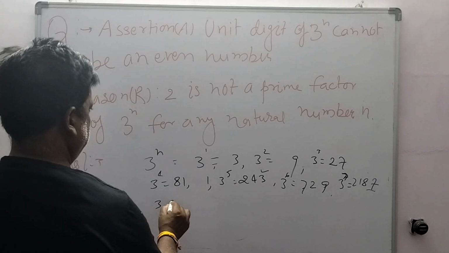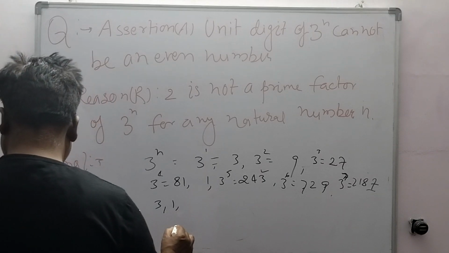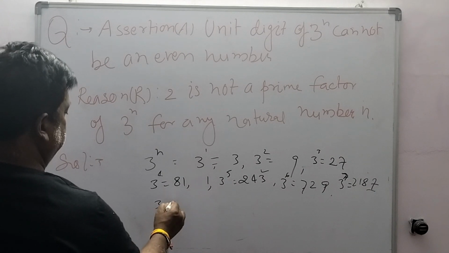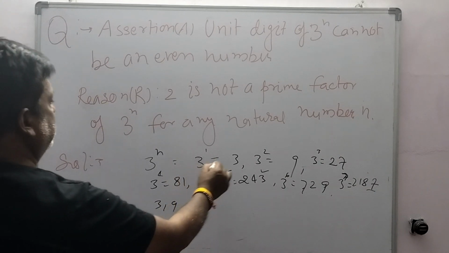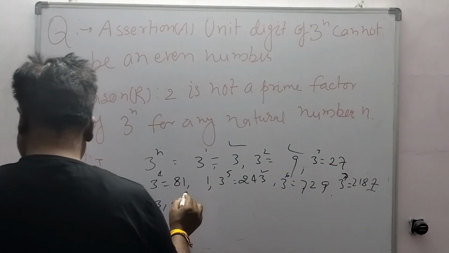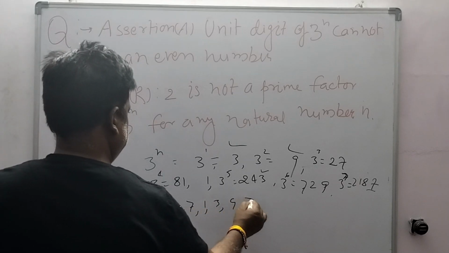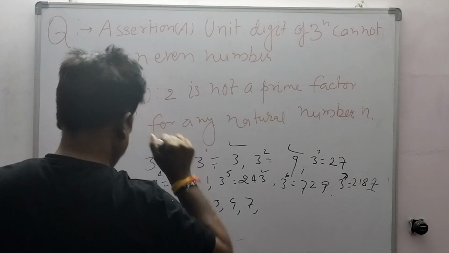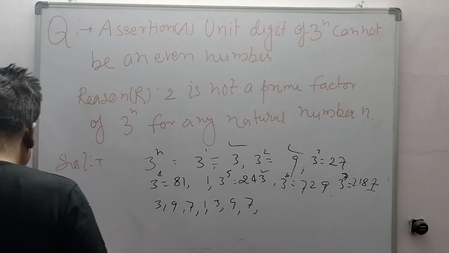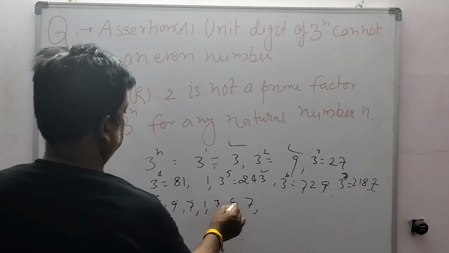Here the unit digit is 3, here 9, here 7, again 1. 3, 9, 7, again we are obtaining 3, 9, 7, 1. So we are getting this pattern 3971, 3971,